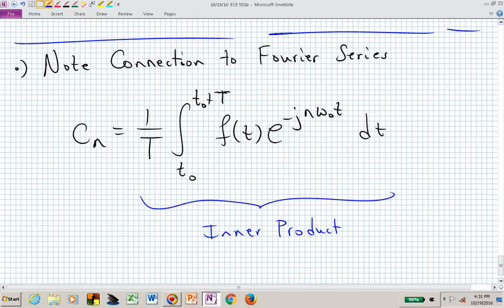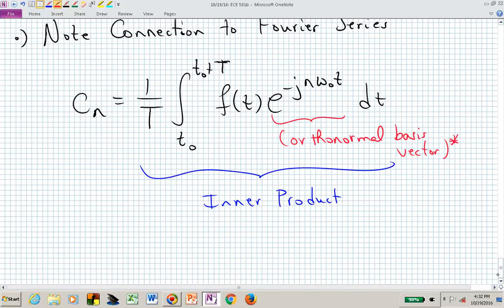It's an inner product of the arbitrary periodic waveform f of t with this. And what is that? That's the conjugate of an orthonormal basis vector, with the negative sign,